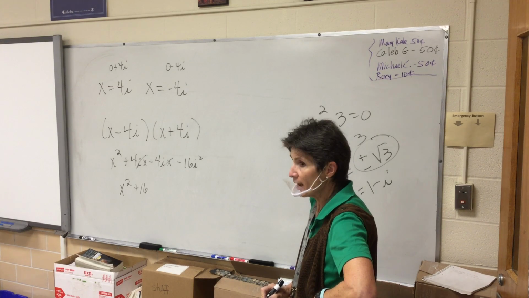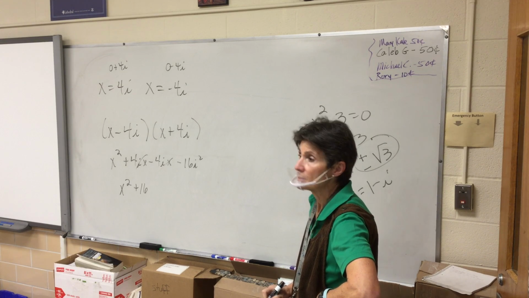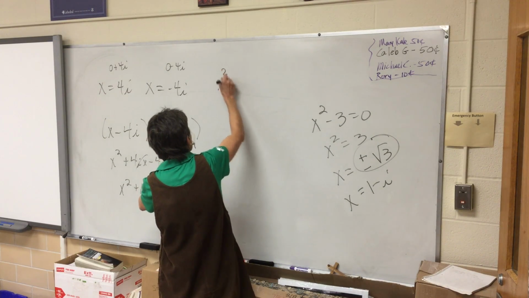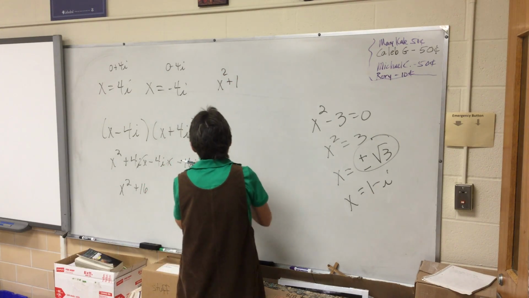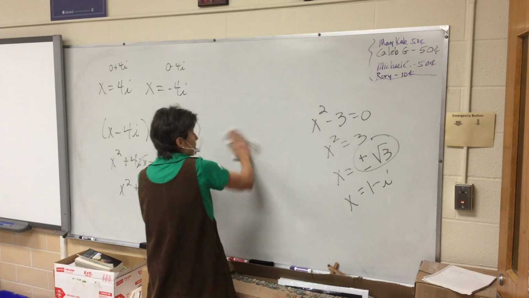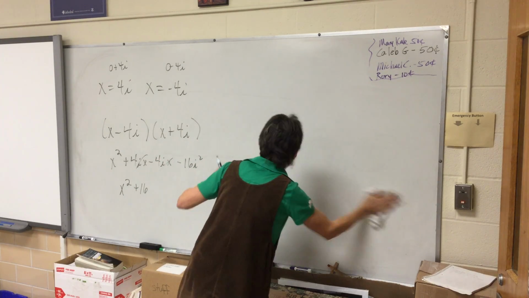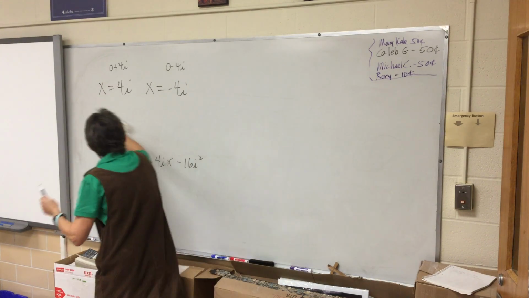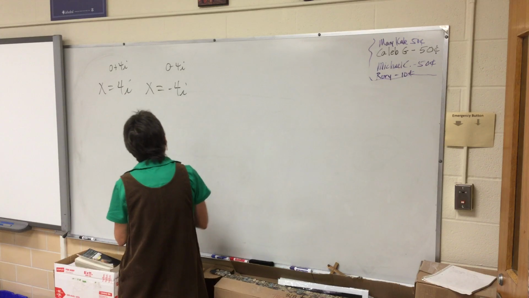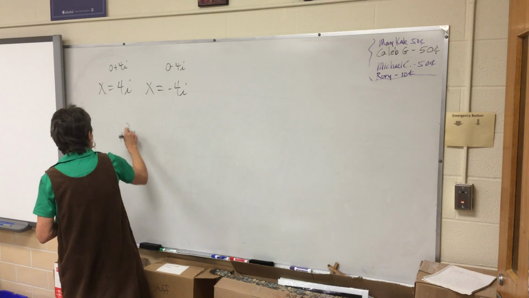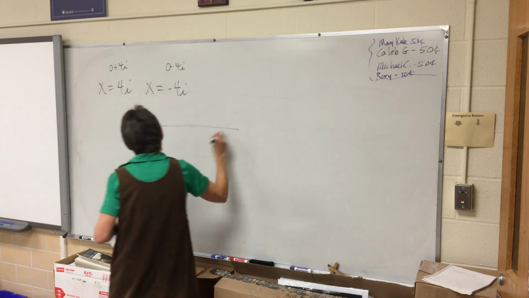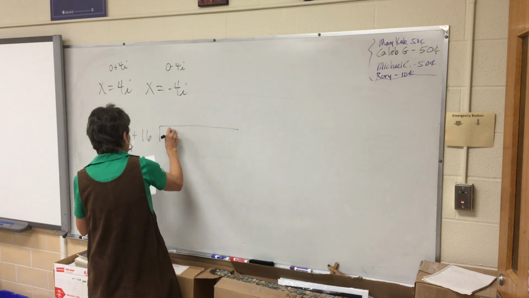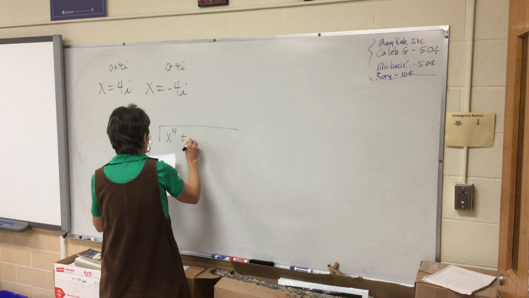So what do we do now? Divide x squared plus 16. Wait a second. Need some more space here. Okay, we got all this, right? So I'm going to divide x squared plus 16 into x to the 4th plus